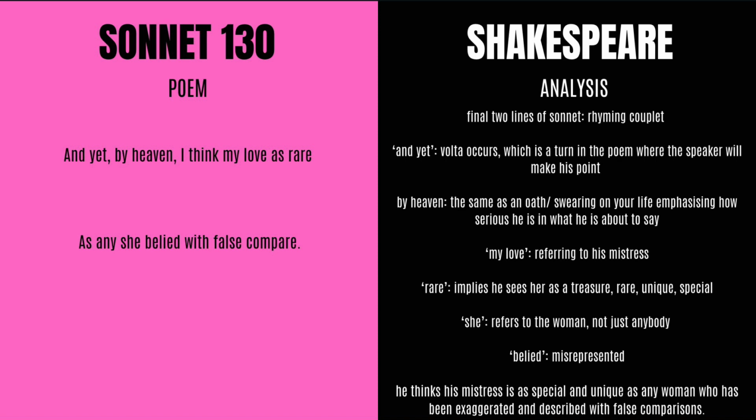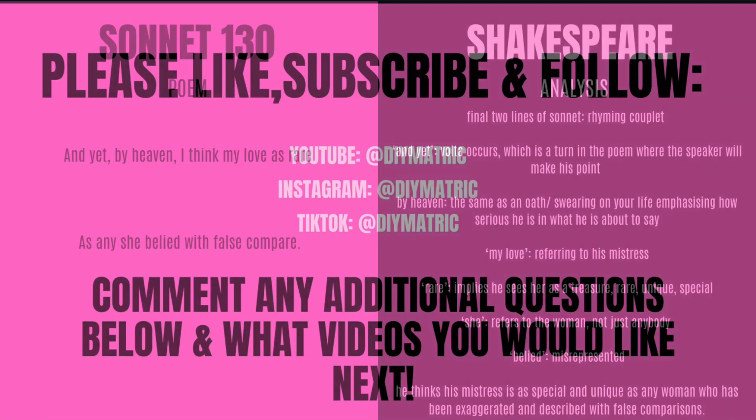He is also recognizing the shortcomings of his mistress, or not even shortcomings, but just the reality of his mistress, unlike the other poets, and the fact that he can recognize these and still be in love with her is very powerful. It is also mocking other poets because he calls their poetry misrepresentations and lies. This is indicated by the words false compare and belied.